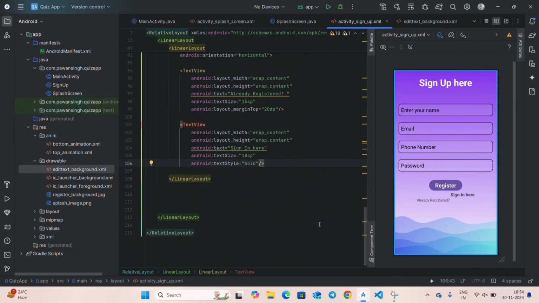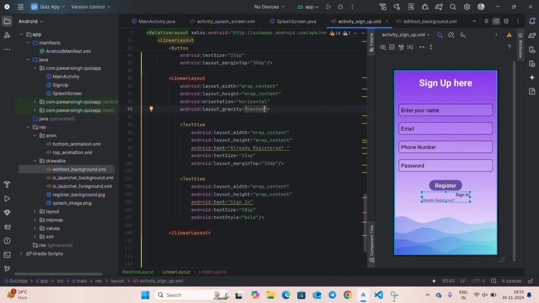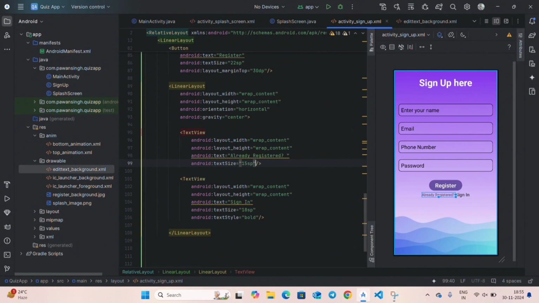Now you can see this has come one after one, but we have given it margin top, so that's why it is coming down. And also remove this here text from sign in, and in linear layout give it a layout gravity as center. And now we need to change this margin top, so remove this margin top line from text view 1. Now you can see both are aligned in a single line,